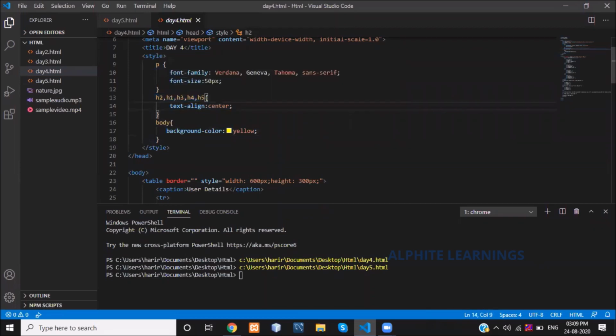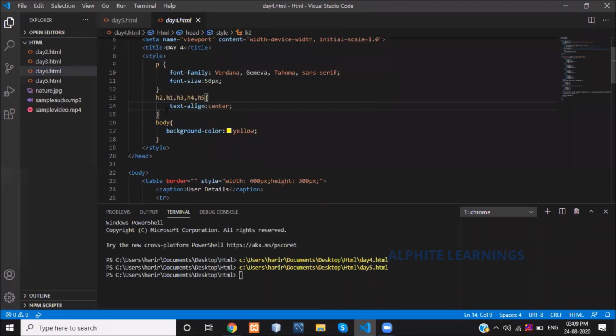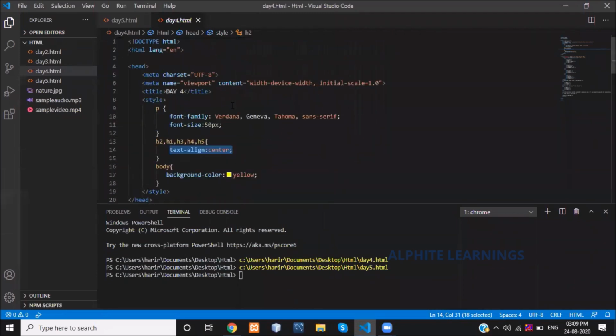You can mention a style tag in the header part, and mention for which headings, H1, H2, H3, H4, whatever property you have mentioned, it will be applicable to the entire page itself. This is all about internal CSS.